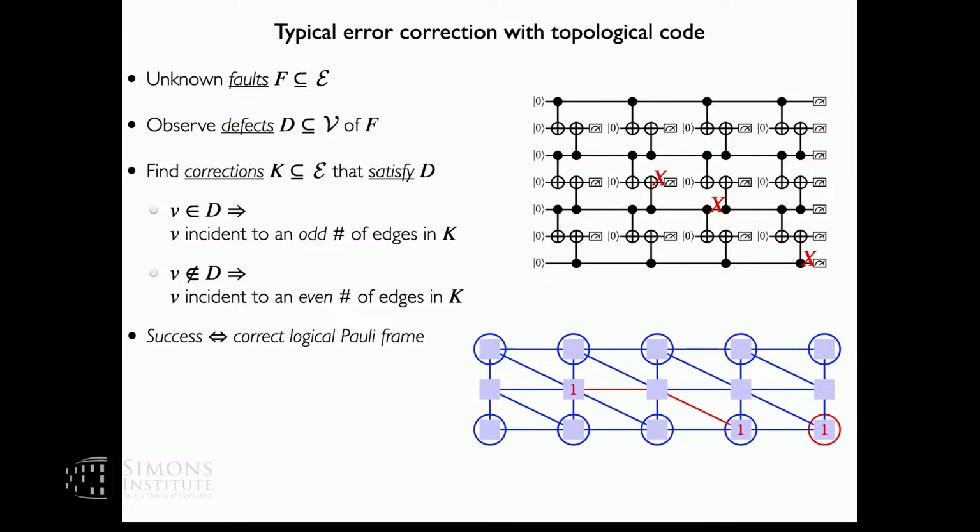In our memory experiments, how you keep track of whether such a thing happens is, in an operational sense, you can find a cut, because X is only happening vertically. So you just keep track, find a cut, and count how many times your correction and faults have come across it. If it comes across an even number of times, then you're okay. But if an odd number of times, then you just revert your state.